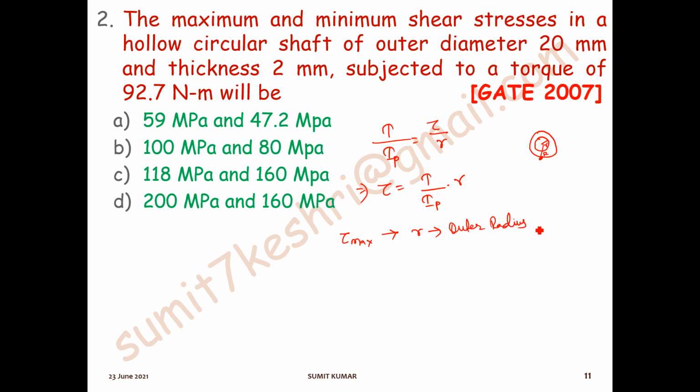Okay, outer radius, that is outer radius. And here, if we talk about this question, what is the outer radius? The outer diameter is 20 mm. Okay, outer diameter is 20 mm, which means the radius is 10 mm. And if we talk about tau minimum,